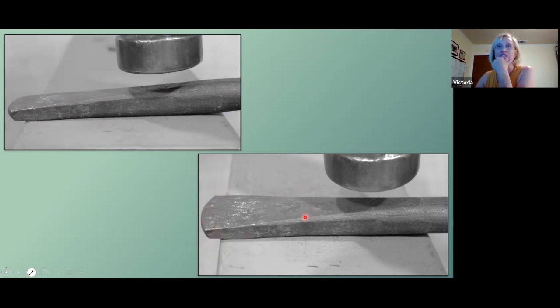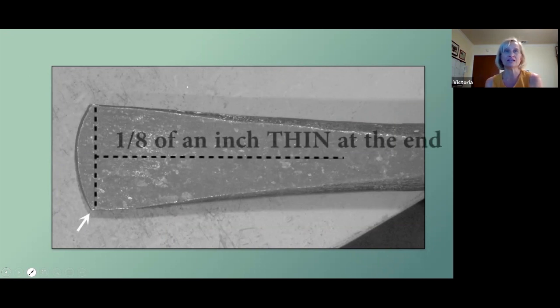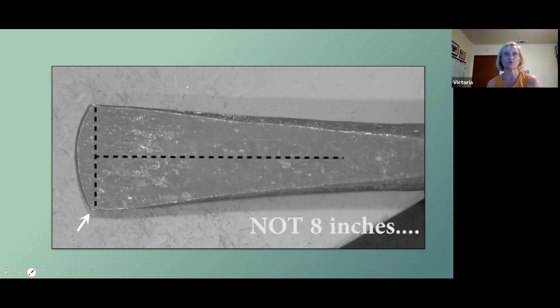And here's where you might notice that you've got a slight twist or a high side, and just angle your hammer to keep that flat. Keep the chisel flat on the hammer and angle your hammer to take down the high side. When you've gotten this down to where you've got a fat 1/8-inch thick end, so in this view it would be the height versus the width, which is going to grow to about 1.25 inches. So once this end, the side we can't see, like this height going down towards the anvil, is 1/8 inch thick,